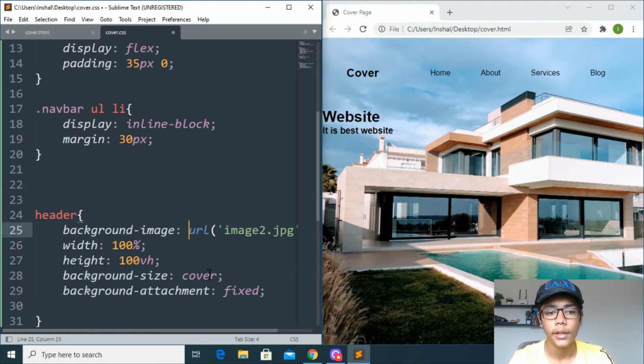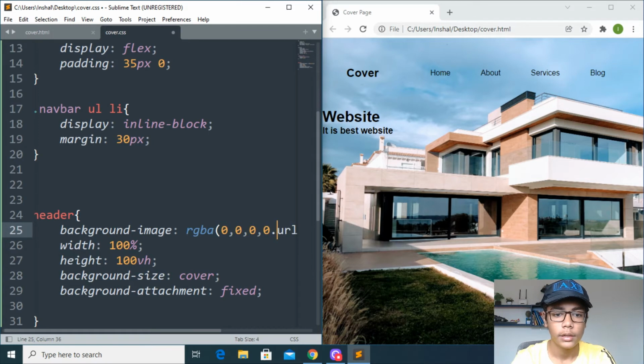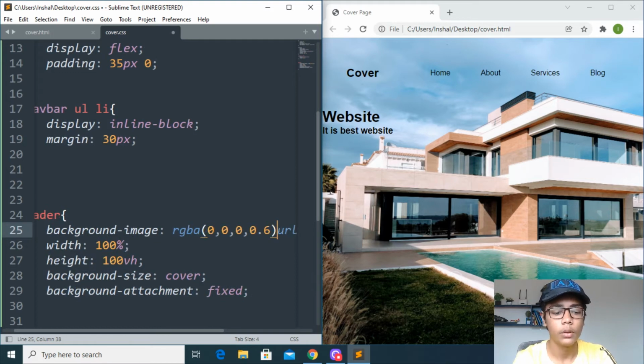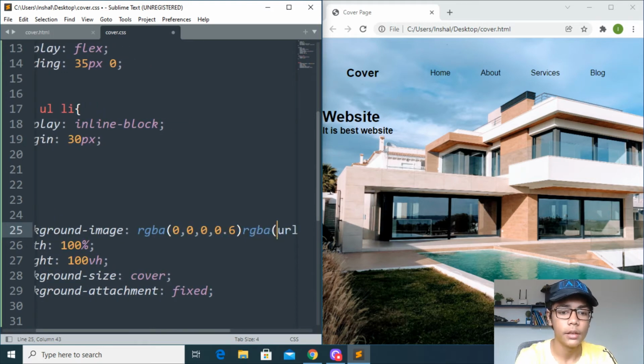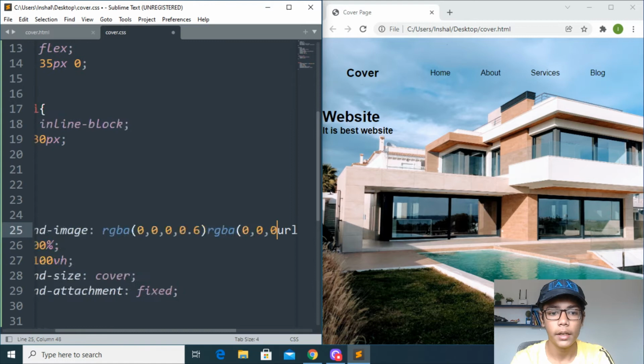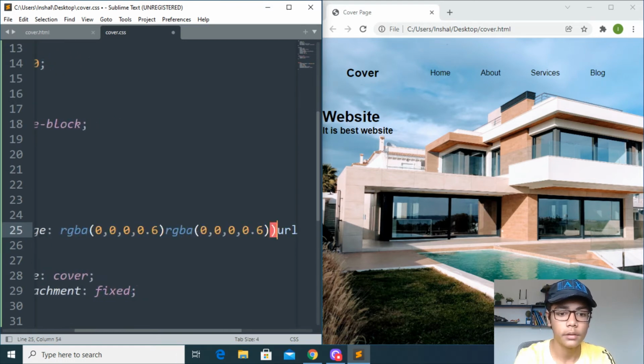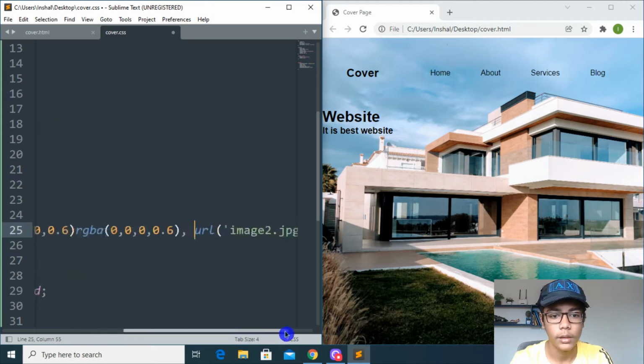So for doing that, I will be coming here and writing RGB, then you have to write 0, 0, then write 0.8. If you are getting 0.6 or 0.8, you can do that because both are the same color, you can say. Then I will be writing here also 0.6, close that, and write a comma, and then do like that.